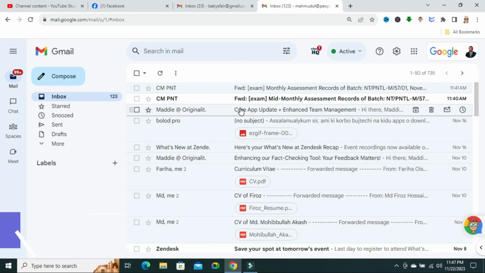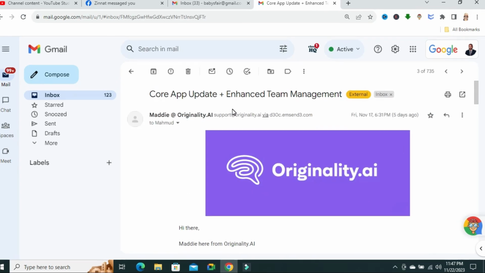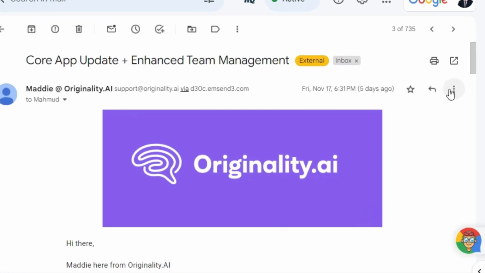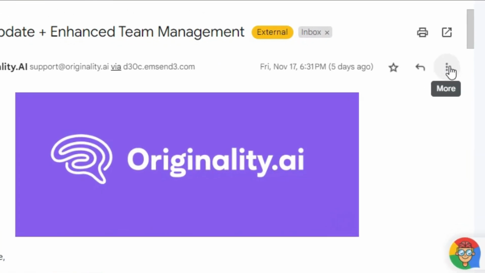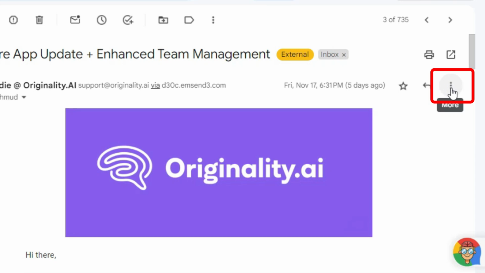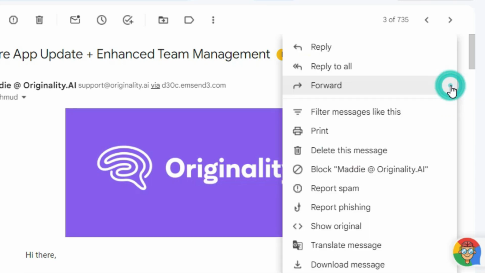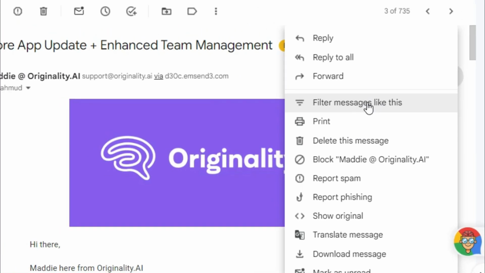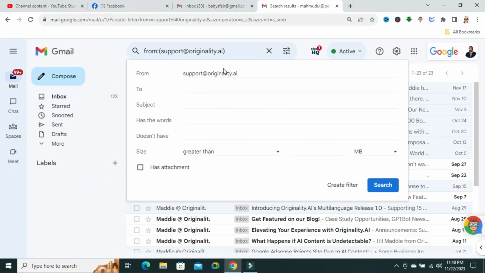Open the email. I am going to block this email. Now you will find a three dot icon on the upper right corner. Click on the three dot icon. You will find here "Filter messages like this." Click on it. The address is showing here in the From box, and you can filter by size using the size